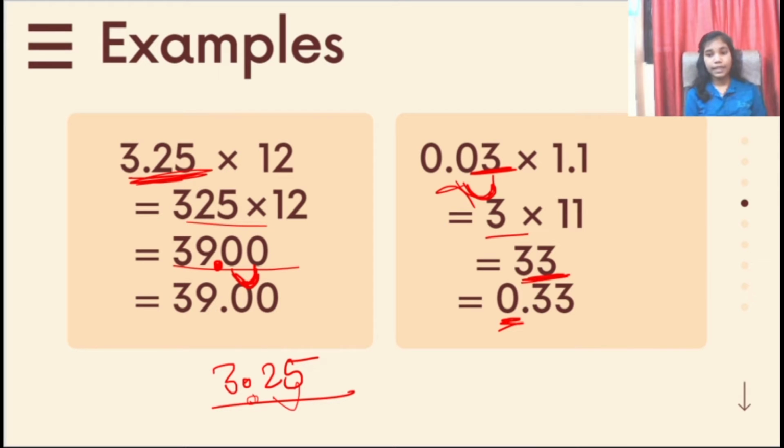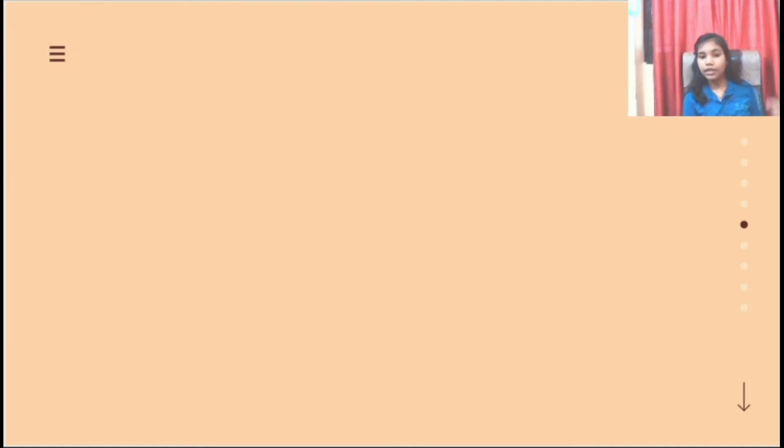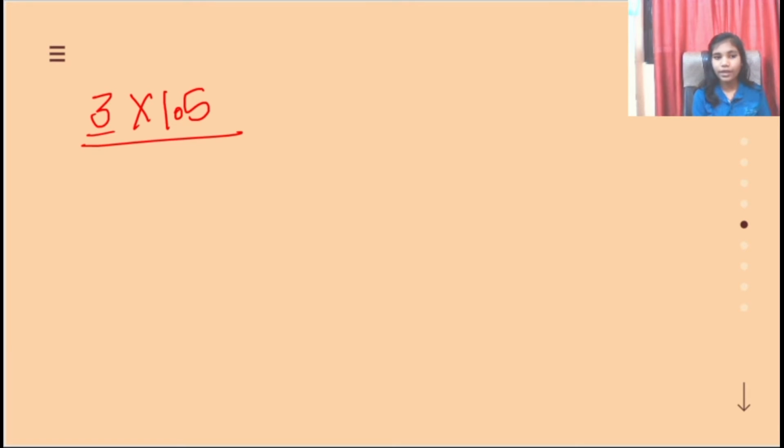So this is how we multiply a decimal number and a whole number, right? Basically this is the whole number and a fraction; we will learn decimals in much greater detail, right? Now we'll take our own example to do that. For example, if I have 3 multiplied by 1.5. Now 3 is a whole number and 1.5 is a decimal number, right? Now to find 3 into 1.5, first multiply the two numbers as whole numbers. So let's convert it to whole numbers. So we'll have 3 into 15, right?